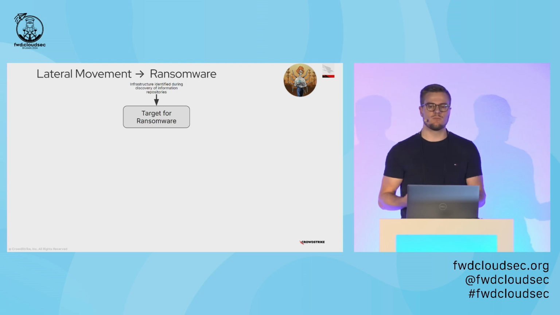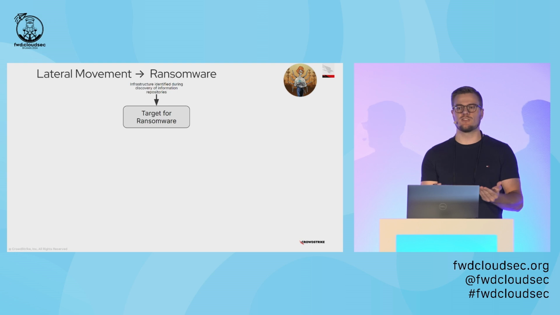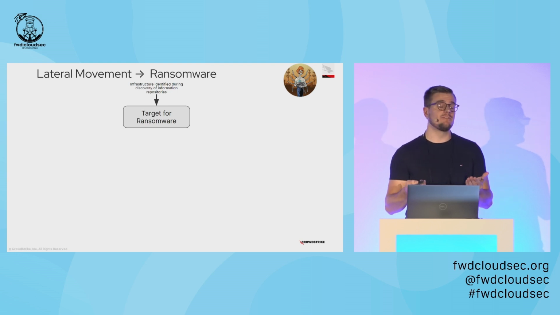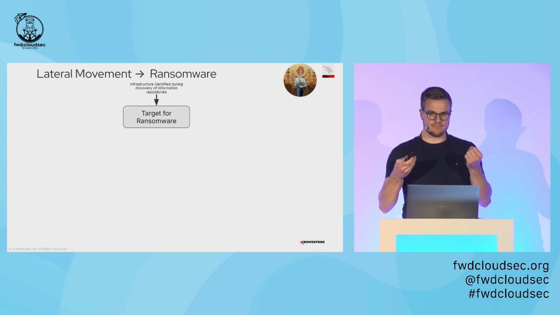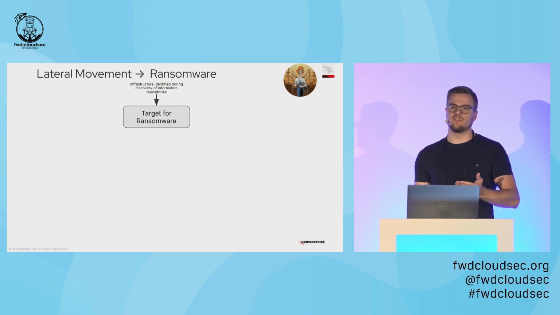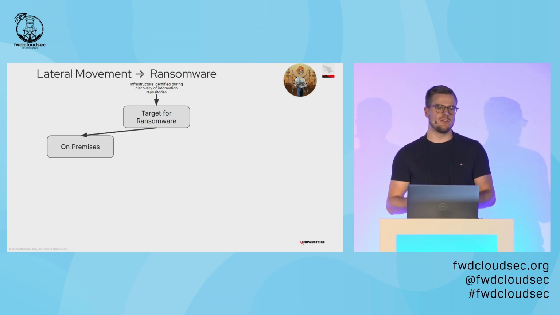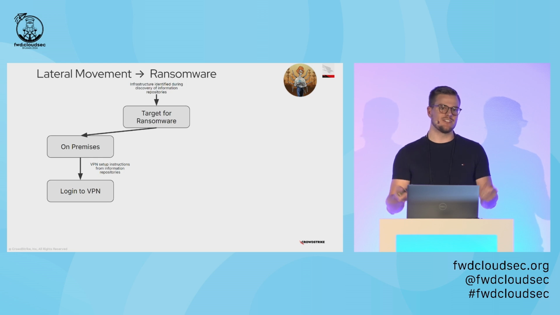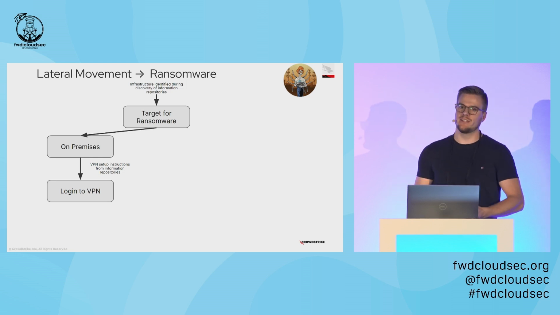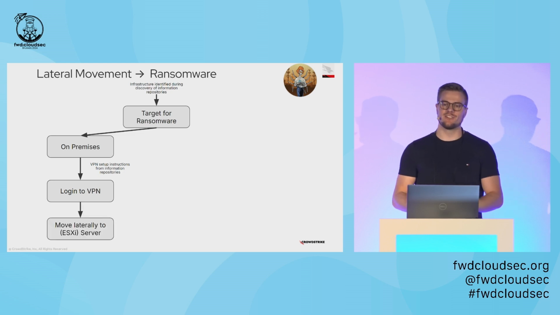Now, with this persistence and privilege escalation point established, it's usually time for Scattered Spider to tend to their end goal, which is to deploy ransomware. To this end, they need to move to hosts that are valuable. And typically, during their discovery of information repositories, they found some kind of information on what valuable targets are and where those are located. If they are on-prem, they will typically follow the VPN setup instructions that they found in your information repository to log on to the VPN,